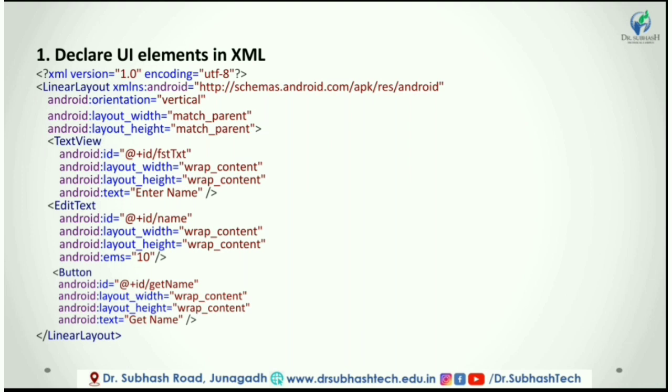Following is an example of defining user interface controls like TextView, EditText, and Button in the XML file activity_main.xml using LinearLayout. In Android, each input control has a specific set of events, and these events will be raised when the user performs a particular action like entering text or touching the button. We need to create a user interface layout file in the res layout project directory. Only then will the layout file compile properly.